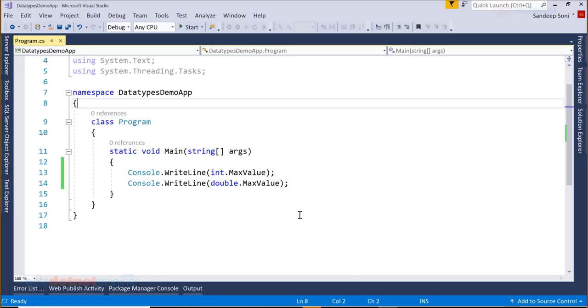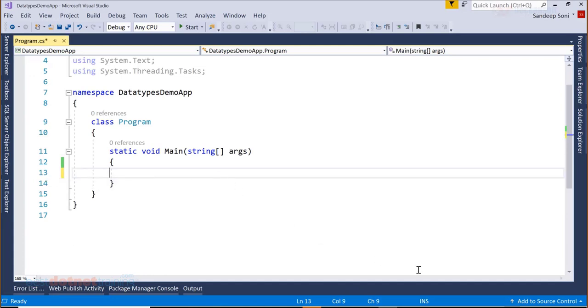Remember two things. Rather, three. Variables are declared, initialized, and used in an expression. These are the three things we do.